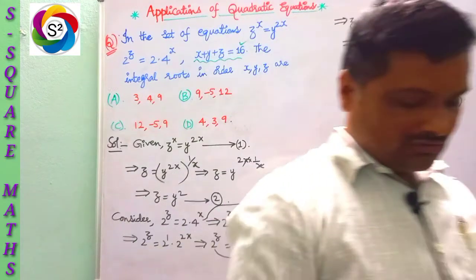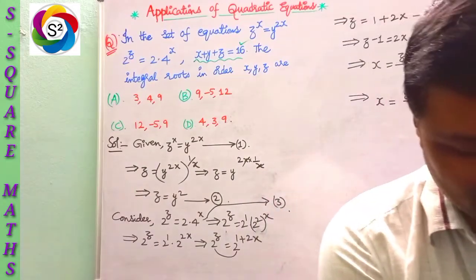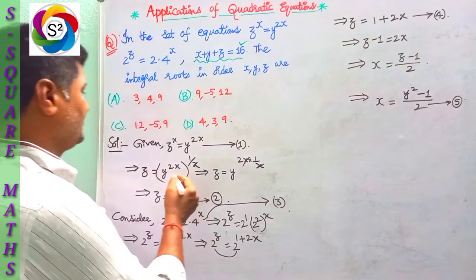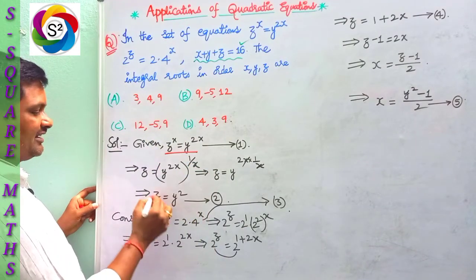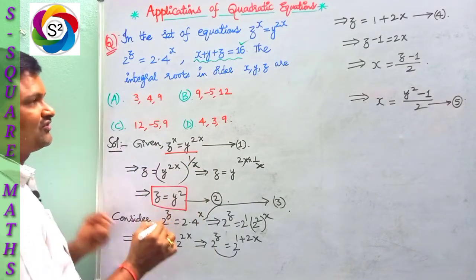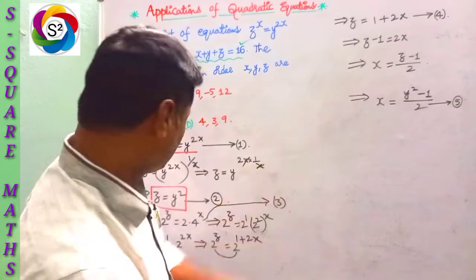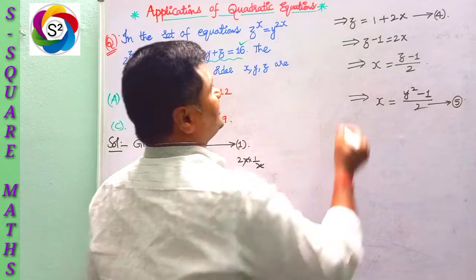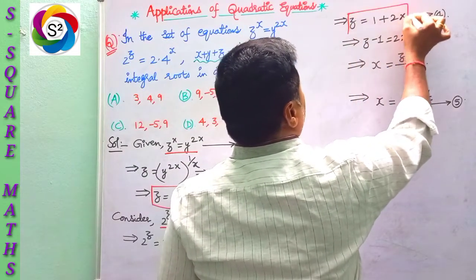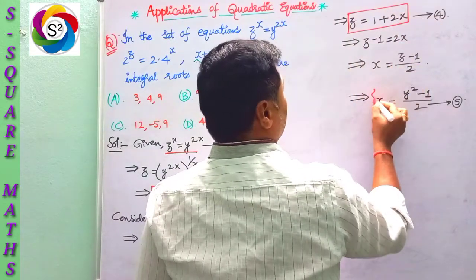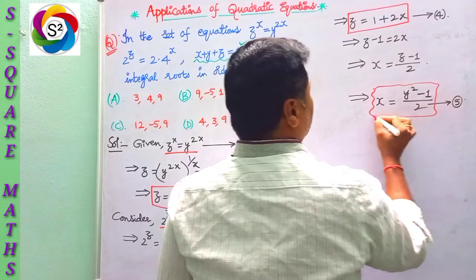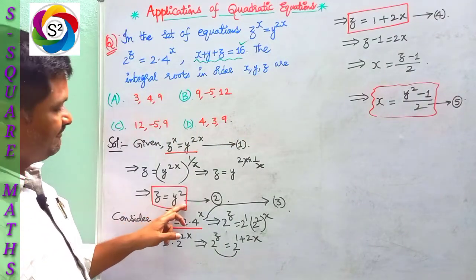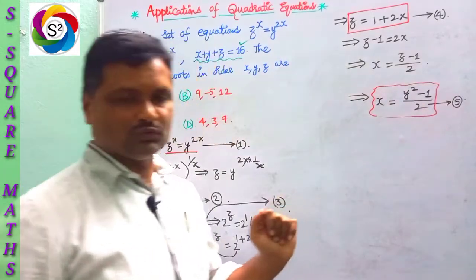So we will analyze our problem now, just going through the main steps. This is our given equation 1. From this we got z is equal to y square, most important for our substitution. Next, this is our equation 3, and I got equation 4 as this one. Next, this plays an important role, equation 5. So finally z is equal to y square and x is equal to y square minus 1 by 2.